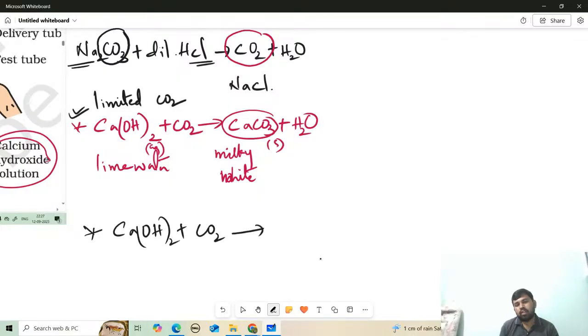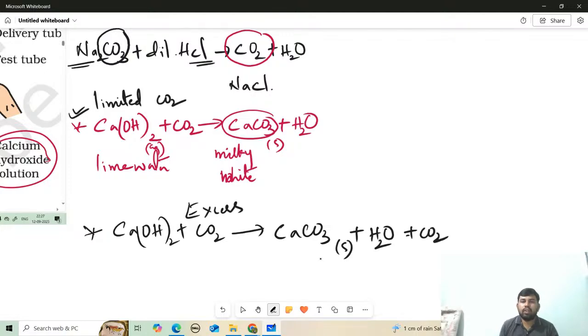It forms CaCO3 solid, plus H2O. Again, if you are passing excess CO2, I'll write here CO2. So this gives rise to